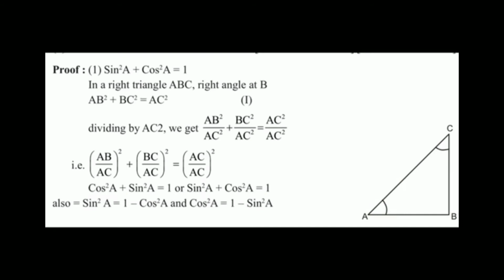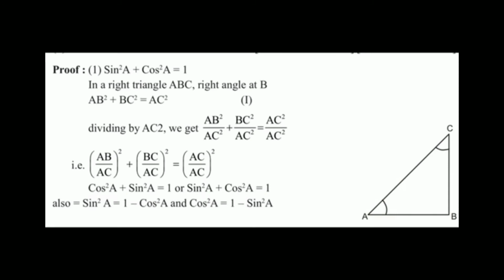And from this identity, we can make the remaining two identities by shifting first cos square A to the right hand side and it becomes sin square A is equal to 1 minus cos square A. And then shifting sin square A, we get cos square A is equal to 1 minus sin square A. Friends, starting from Pythagoras theorem and dividing with a suitable side, we get the first trigonometric identity. Please take the screenshot of this page. In the similar fashion, we can derive the remaining two trigonometric identities and which will further give us the subparts.